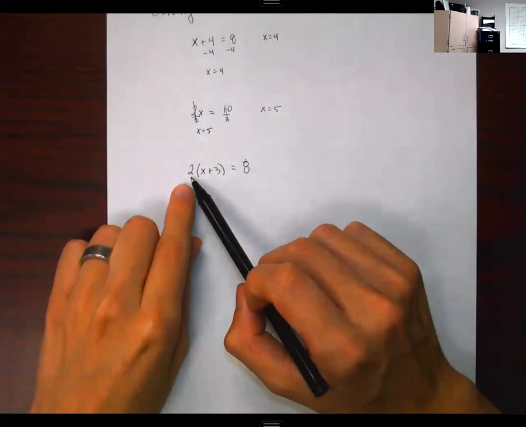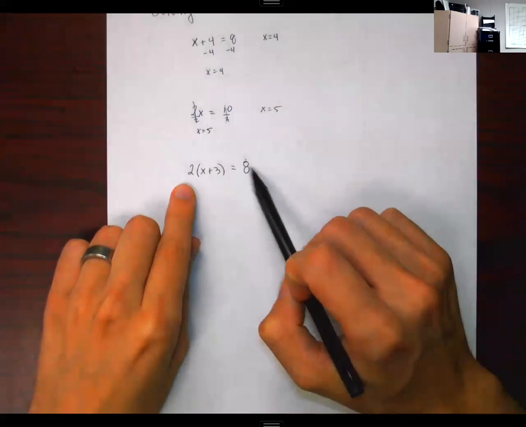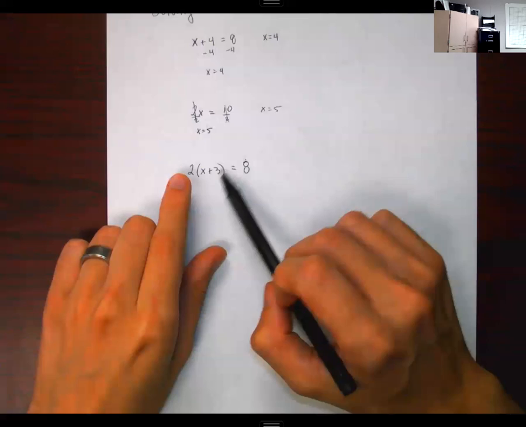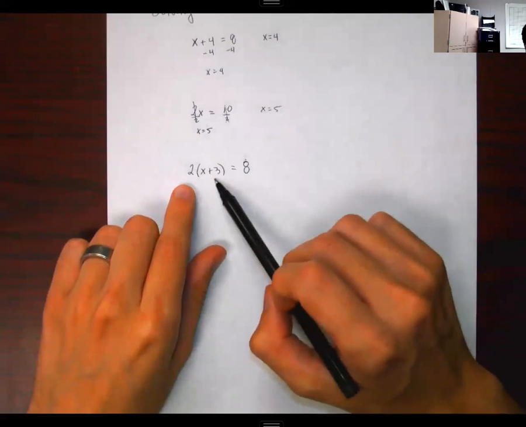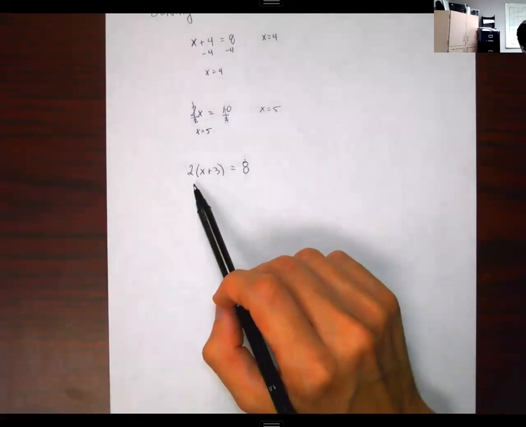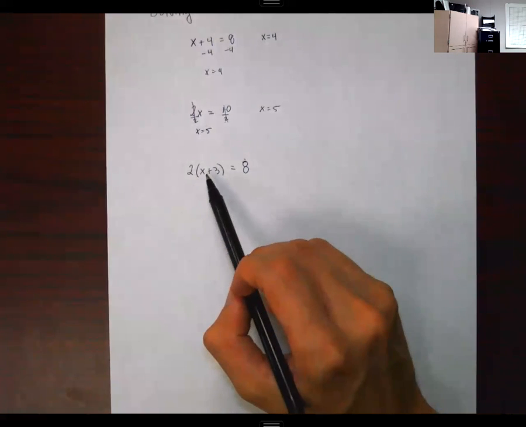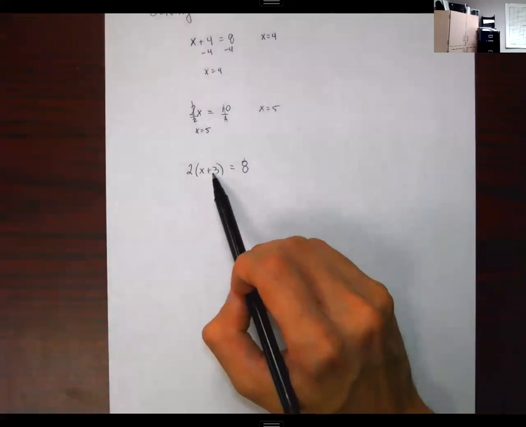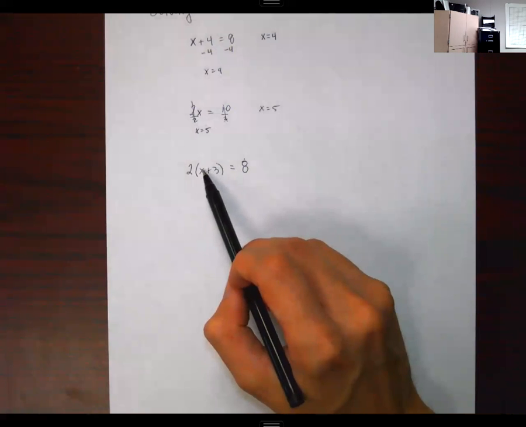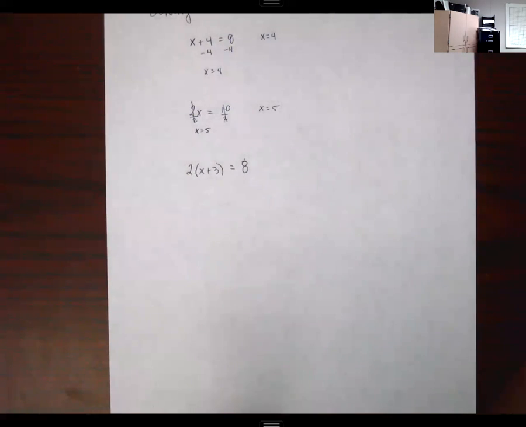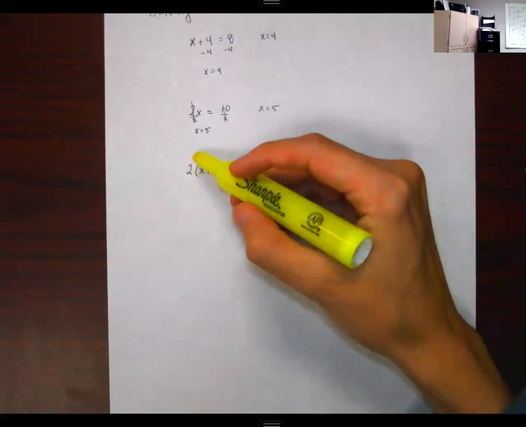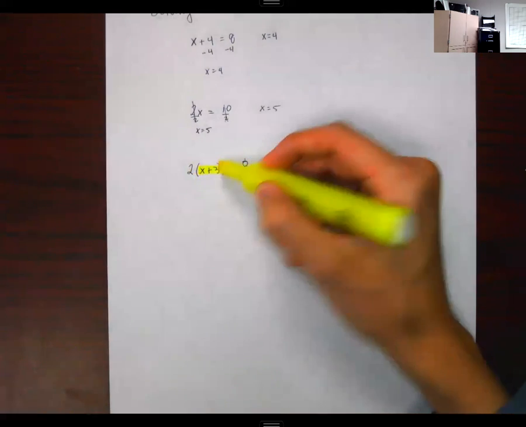So we can use this information to understand what different parts represent in this equation. For instance, I know that if I start with a number and then I add 3 and then I multiply by 2, I'm going to get 8. And what that tells me is once I choose my number and I add 3, okay,